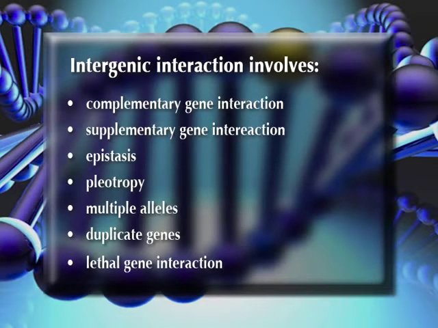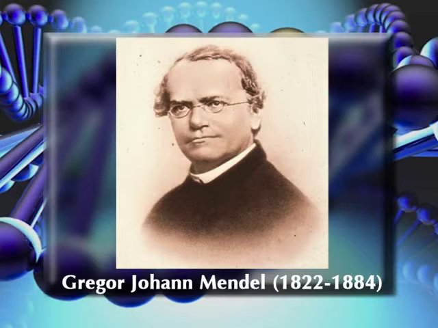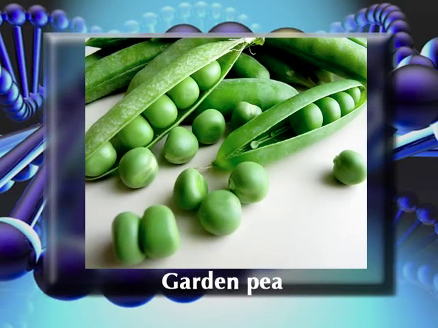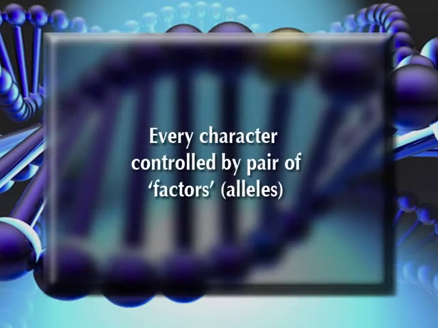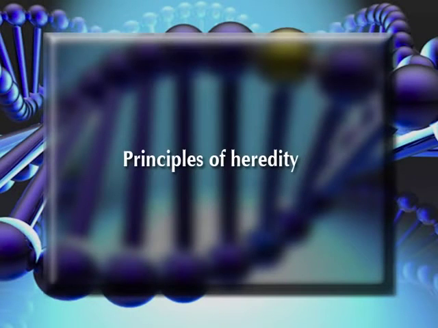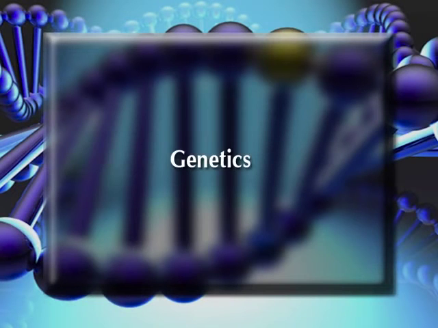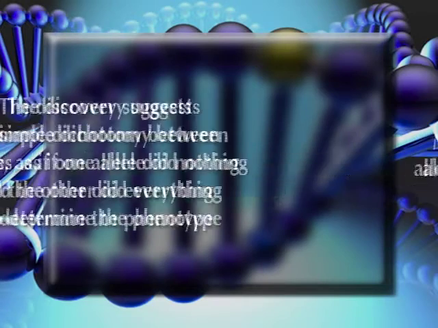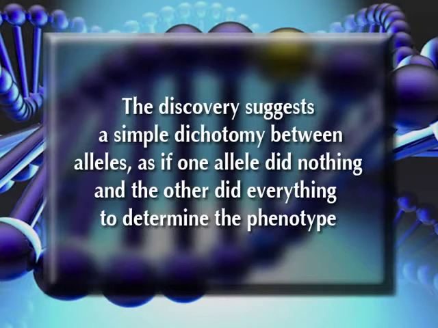It was Gregor John Mendel (1822 to 1884) who performed experiments with garden pea and came to the conclusion that every character is controlled by a pair of factors, and led to the principles of heredity, which in turn laid the foundation of genetics. Mendel identified two alleles, one dominant and the other recessive. This discovery suggests a simple dichotomy between alleles, as if one allele did nothing and the other did everything to